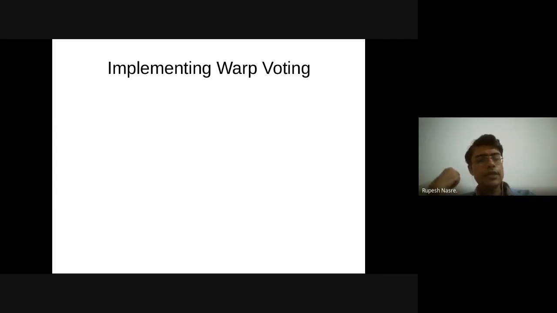So using these, definitely. But what about if you want to implement ballot yourself or POPC yourself? Right? So that will require you to do some more work. Again, it will not be as efficient, but you will be able to implement this using some sort of these bitwise operators, right? So once you have taken the ballot, that is the mask, then you can use some bitwise operators to count the number of bits set, etc. So that is one way in which it can be done.